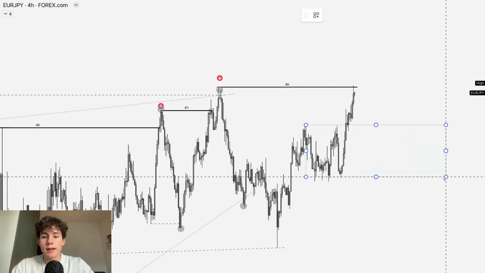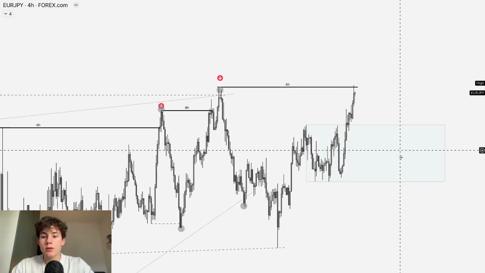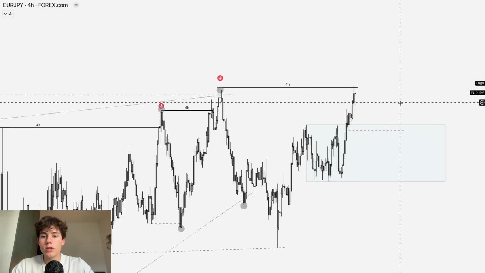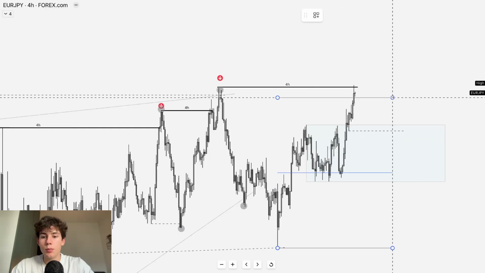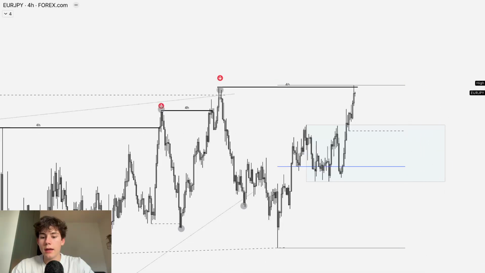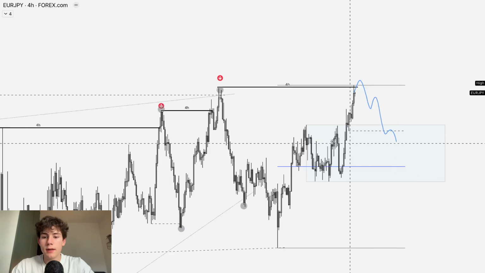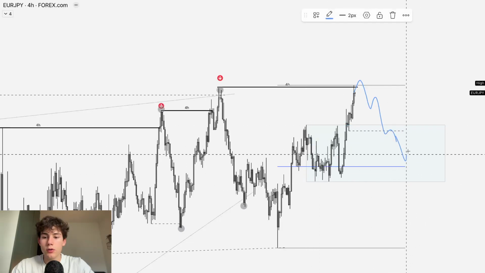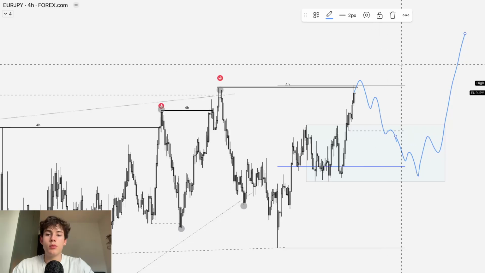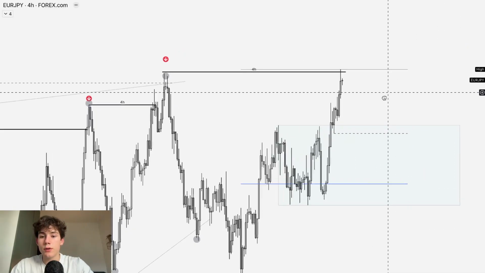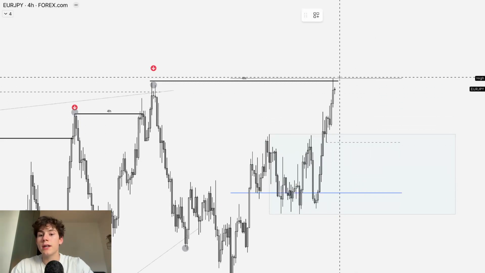In towards a daily demand, as well as some 4-hour liquidity, which is located at this low, which we could take out in line with the PVD and get a little retracement in towards that liquidity, in towards that demand, and close to that discount prices in order to then move up higher again. So I'm definitely looking for those short setups here if we see that confirmation also on the yen basket.